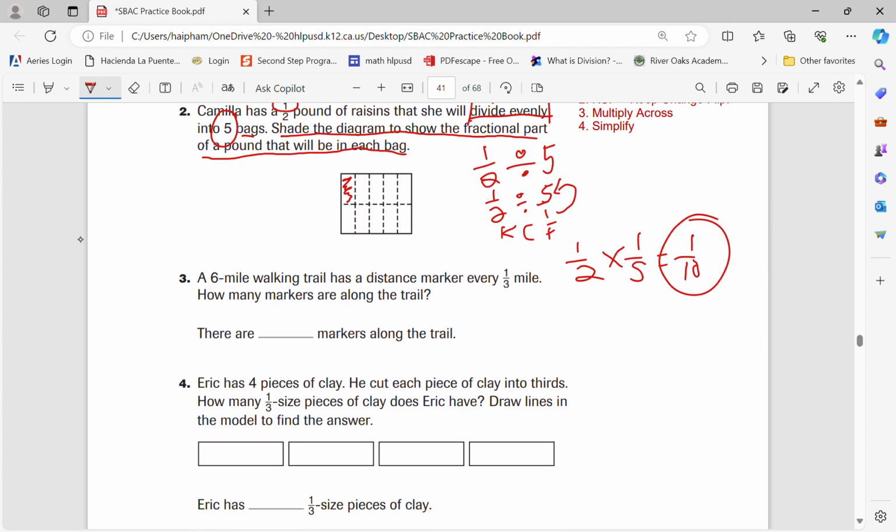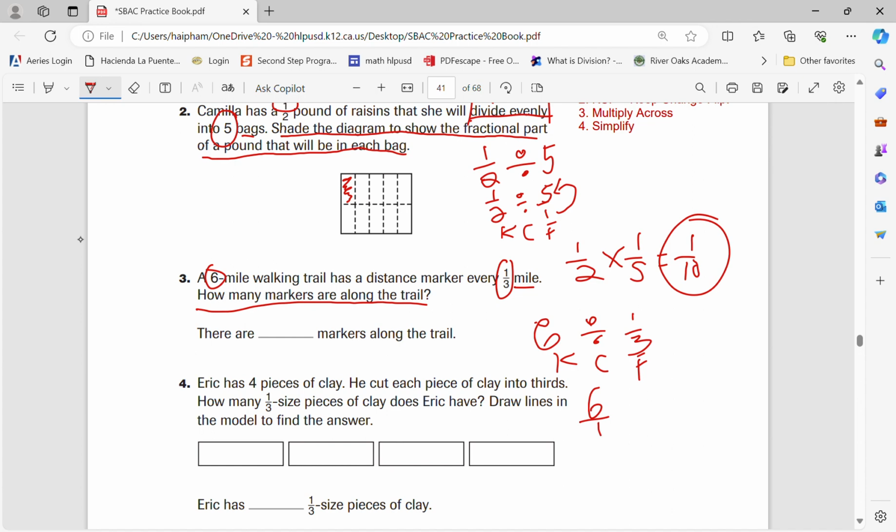A 6-mile hike or a 6-mile walking trail has a distance marker every 1/3 mile. How many markers are along the trail? So here we have 6 miles divided by 1/3. Since there's a post or a marker every 1/3 of a mile. Again, we're going to use KCF. We will keep